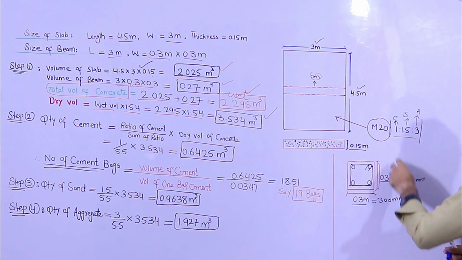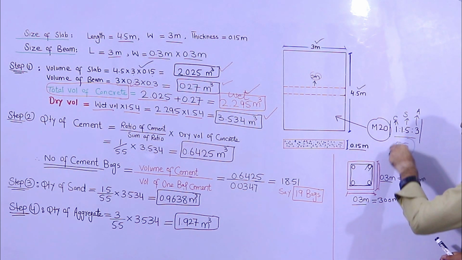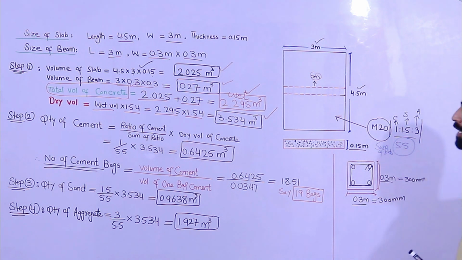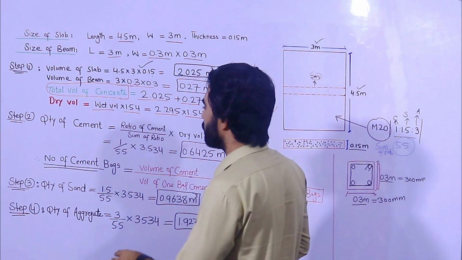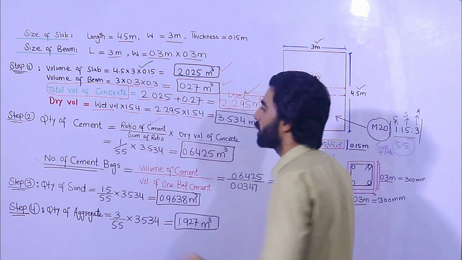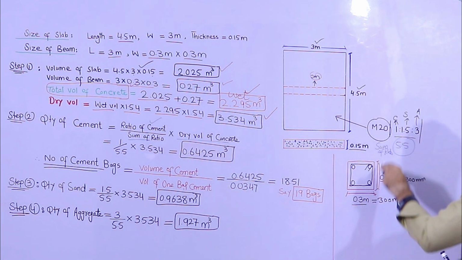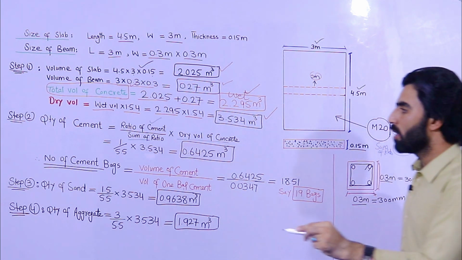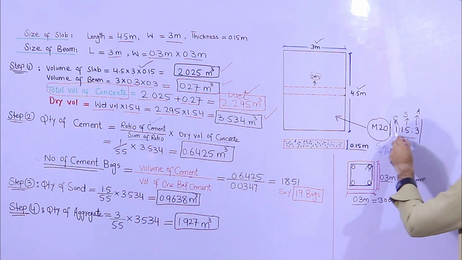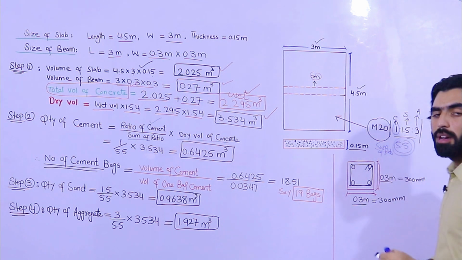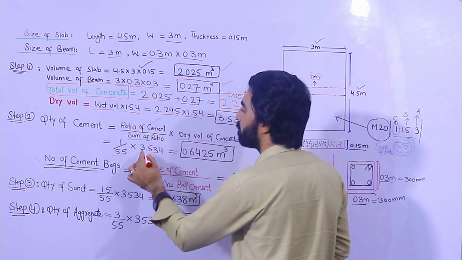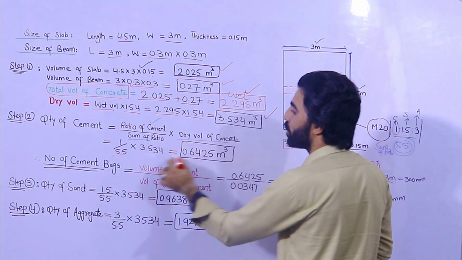So the sum of ratio is 5.5. Got it? Next, for the quantity of cement, the formula is ratio of cement divided by sum of ratio, multiplied by the dry volume of concrete. In M20 concrete, 1 part is cement, divided by the sum of ratio, which is 1 plus 1.5 plus 3, that is 5.5, multiplied by the dry volume of concrete, which is